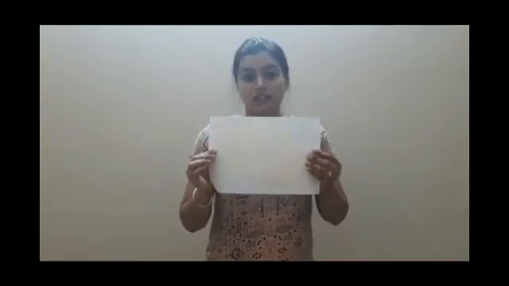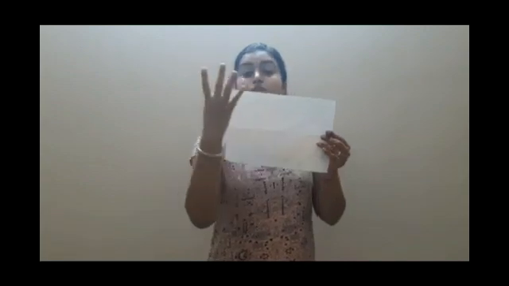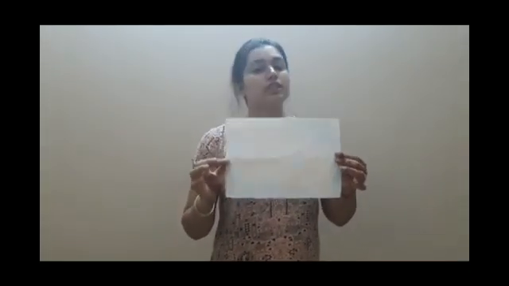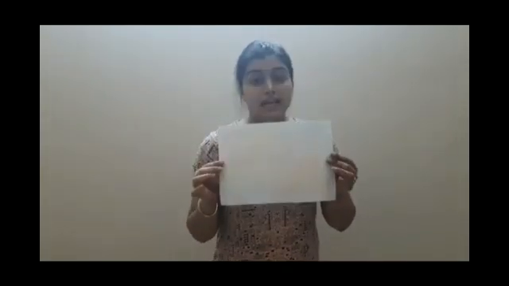Okay, so you have to differentiate between these two. Okay, so I am having this shape. This is rectangle. How many sides are there? 4 sides. 1, 2, 3, 4. These are the sides. And in rectangle, the opposite sides are equal. And what is meaning of opposite? Opposite means this is opposite to this. So this side is equal to this one and this side is equal to that one. So the opposite sides in rectangle are equal.